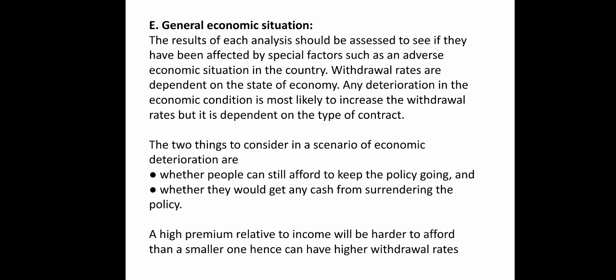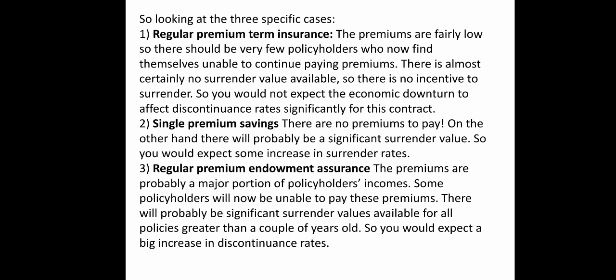Now the next point is the type of policy. Under this segment, again you do have different types of policies. Maybe regular premium term insurance. In this you have regular payment of premium, and here term insurance is there. There is no benefit of surrendering a term insurance plan because maturity value is only at your death. So if you discontinue, no benefit, so it will not make any major difference even though there is an economic downturn going on in the market.